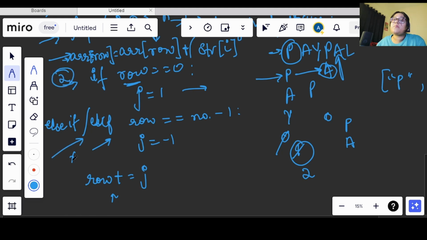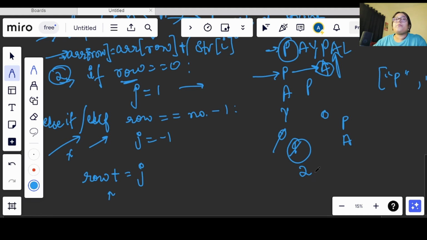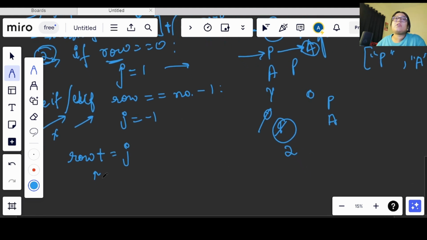This condition will become true now. Since this condition is true, j will become equal to minus 1. Therefore now j is minus 1, row is equal to 2 and we will add minus 1 to that. Then it will become 1, right?